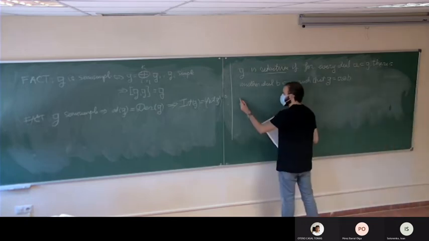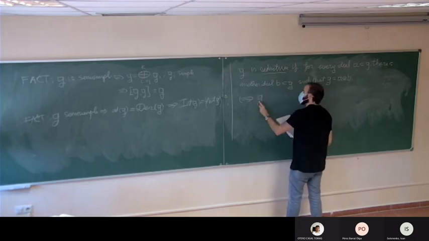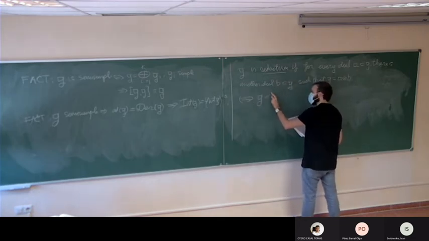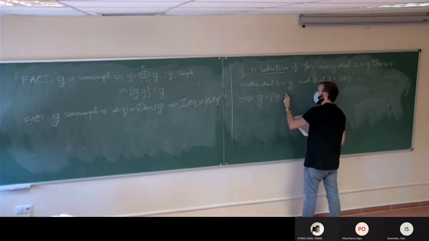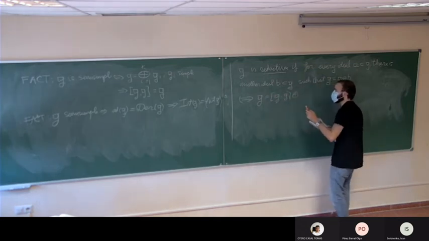So this is equivalent to saying that G is equal to the commutator of G with itself